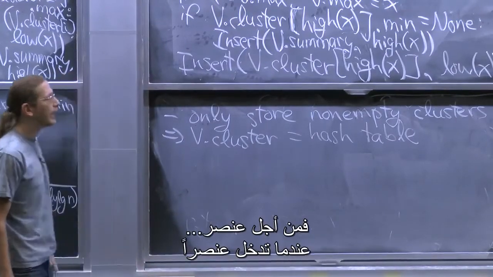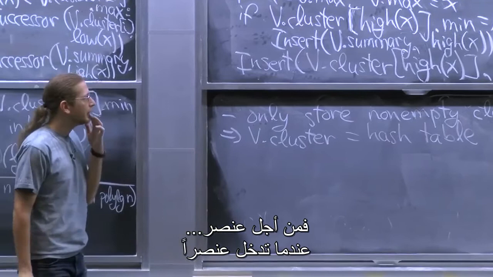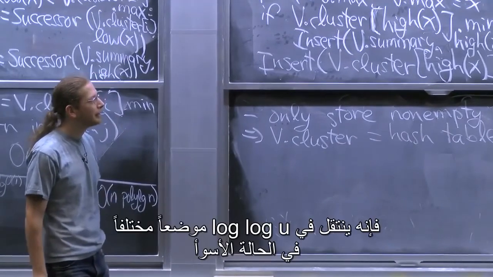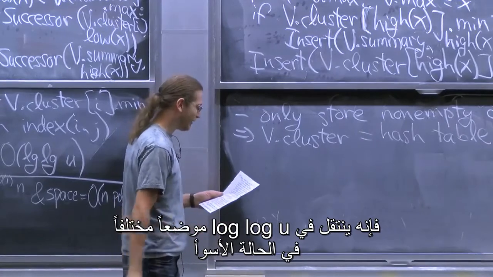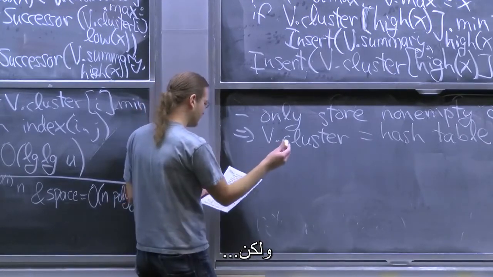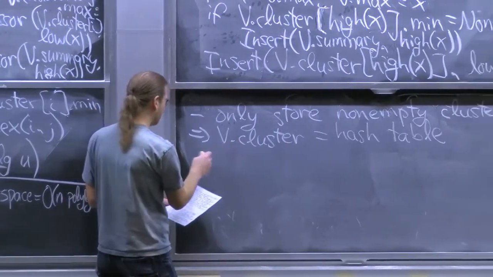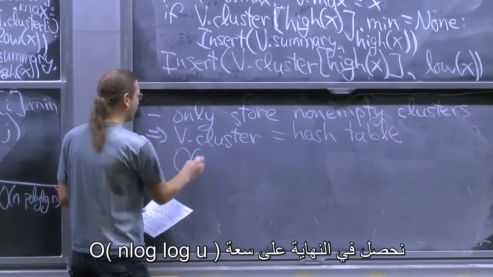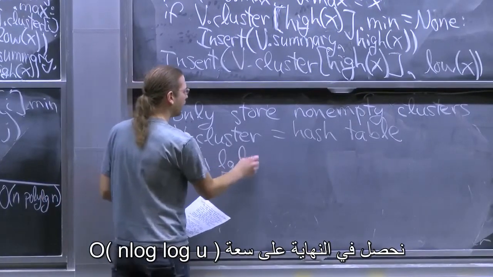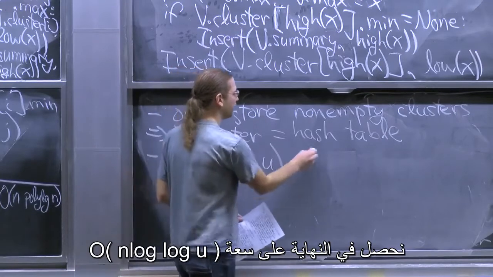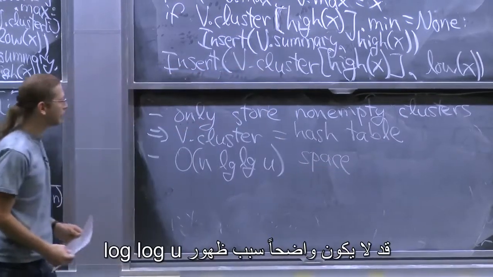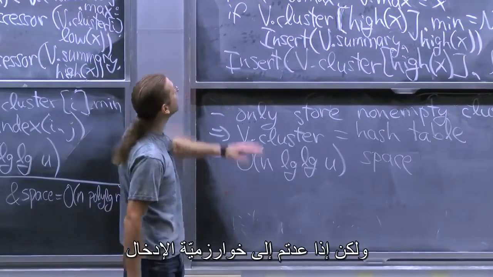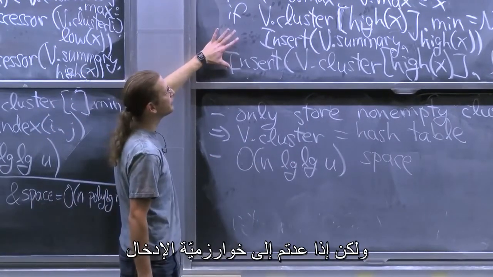Because if you look at an item, when you insert an item, it sort of goes to log u different places in the worst case. But yeah, we end up with n log u space, which is pretty good. Almost linear space. It's a little tricky to see why you get log u, but I guess if you look at the insert algorithm,